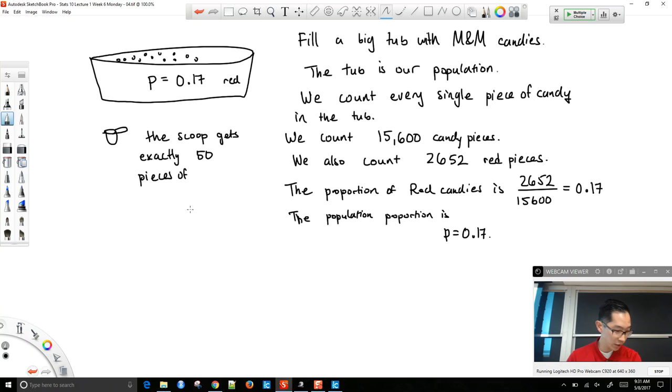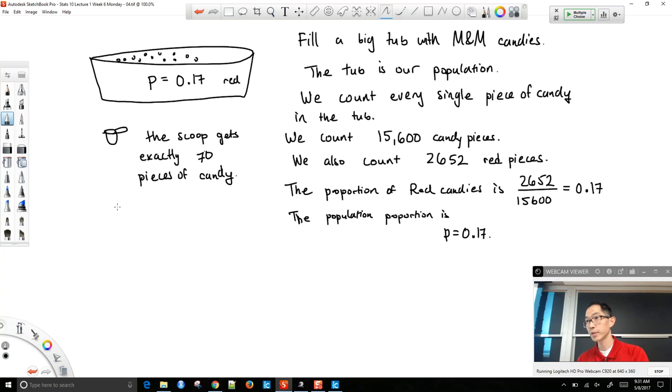Let's actually make that a little bit bigger. We'll say it gets exactly 70 pieces of candy. So I scoop 70 pieces of candy,